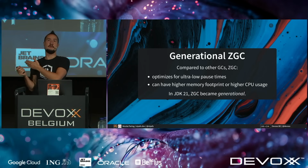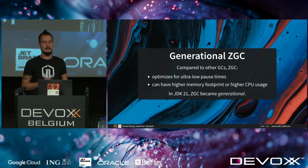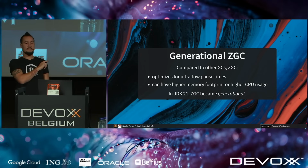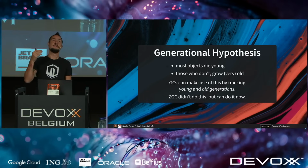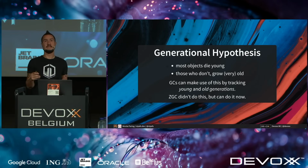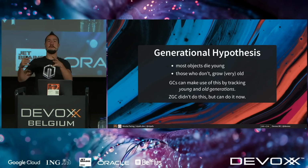And then ZGC goes the other way and says, low pause times, and specifically on huge heaps, is the thing we care about the most. And yes, you have to pay a little bit extra in memory and CPU usage. In JDK 21, ZGC became generational, meaning it uses the generational hypothesis, which is that most objects die young, and those who don't die young usually grow very old. So it makes sense to have a space where all the young ones can be allocated, and then you just take the few that survived out, handle them separately, and then you can just reclaim that block of the heap